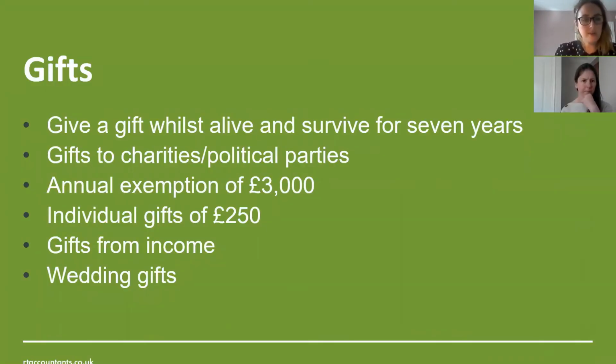So what can we do to mitigate a liability? Well, we have a few options. One thing we can do is to make gifts during our lifetime. Any gift we make whilst we are alive won't be taxable as long as we live for 7 years after the date of the gift. So if you've got things to give away and you don't need them at the moment, start giving them away. Any gifts to charities or political parties aren't taxable, whether that's gifted in your lifetime and you don't survive for the 7 years, or in a will.